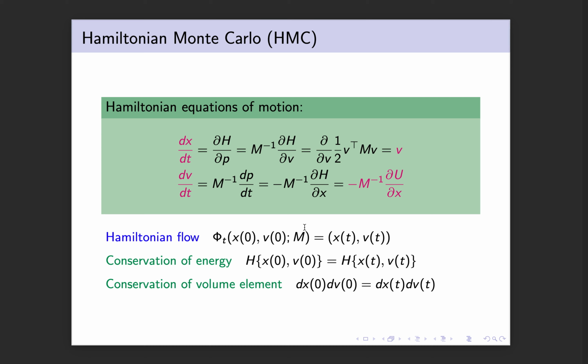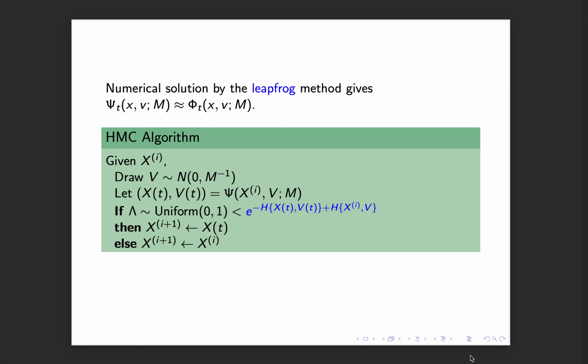The solution to these Hamiltonian equations of motion is called the Hamiltonian flow, which is denoted by capital phi. So phi of t maps the initial condition x0 and v0 to xt and vt. The Hamiltonian flow has the property that it conserves the Hamiltonian, or the total energy, and it also has the property that the volume element is preserved along the path, so that dx0 dv0 equals dxt dvt. The flow is often numerically approximated by the leapfrog method, and the numerical approximation will be denoted by capital psi